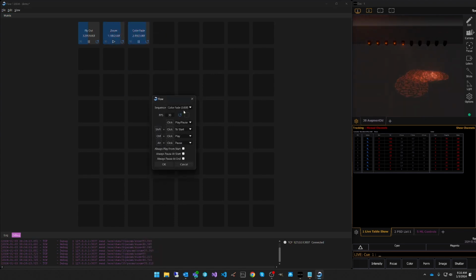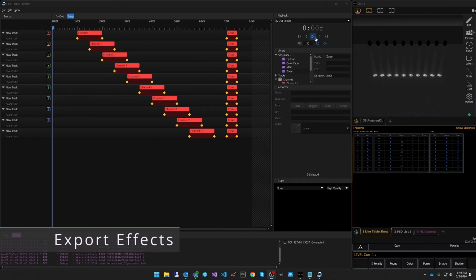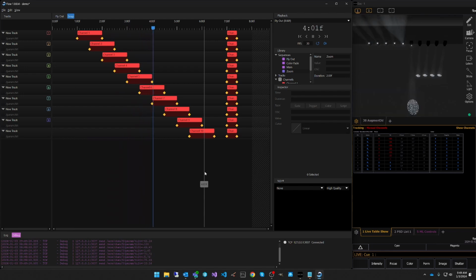And I can make it not repeat and always play from the start, and the click is play. So it'll just always play through that every time I click it. So it's kind of like the same options you have with subs in EOS. Fairly configurable. Okay, we're back in our main flyout sequence, and Flow is sending OSC over to EOS live, and